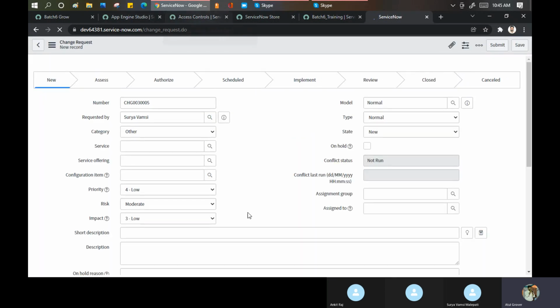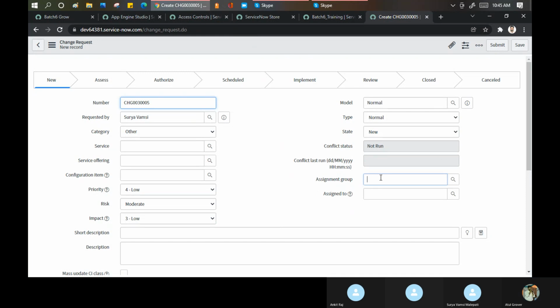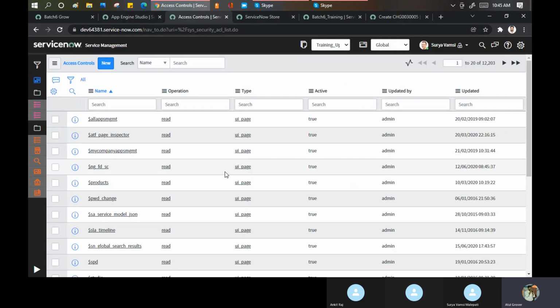And we defined only half of the information. Because I logged in as an admin, I can do a lot of things here.